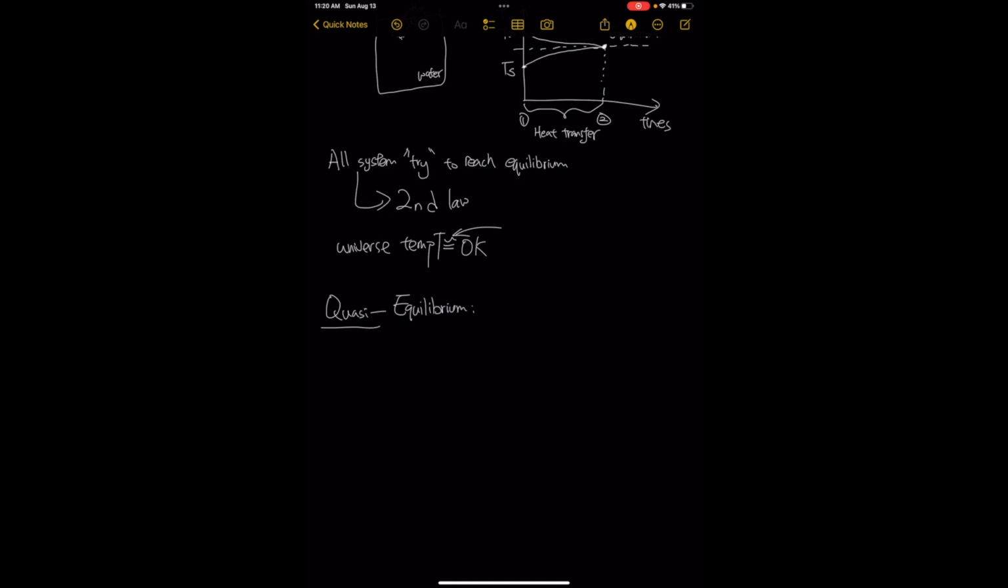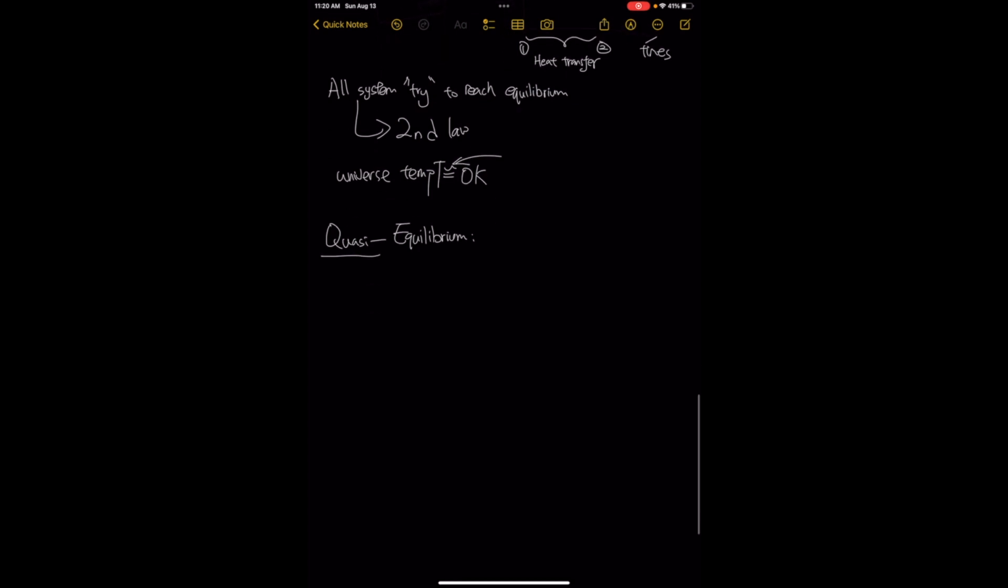What does quasi even mean? Quasi means it's a slow process to reach equilibrium. So quasi just essentially means a slow process. Why is it so important for us, right? Why do we even care about this quasi process? Because quasi-equilibrium